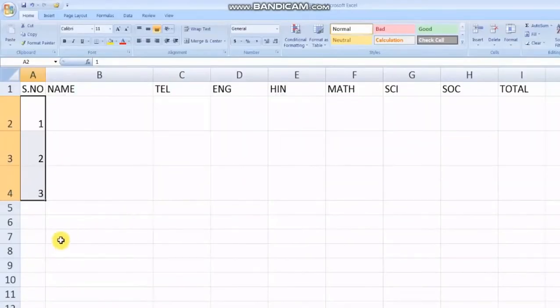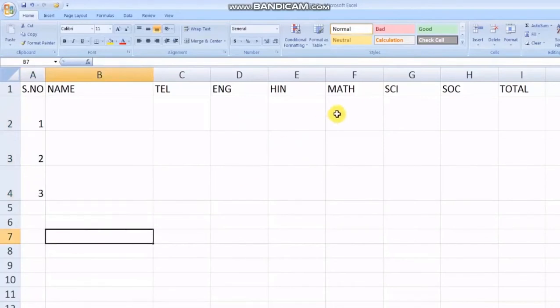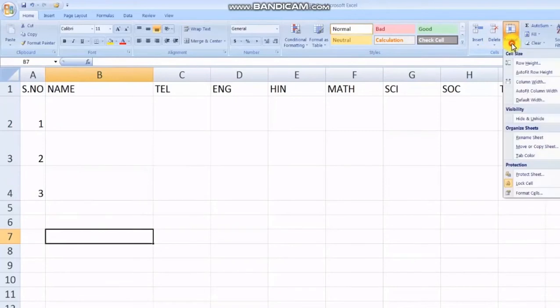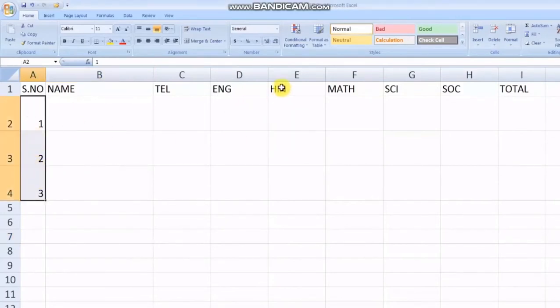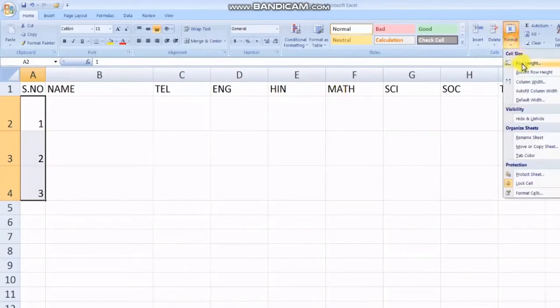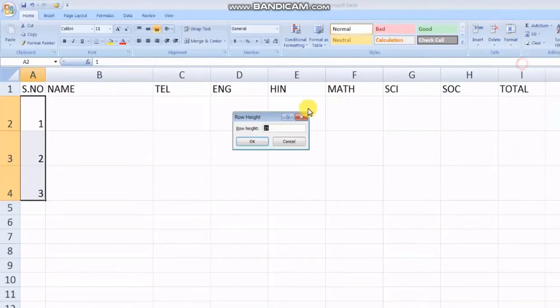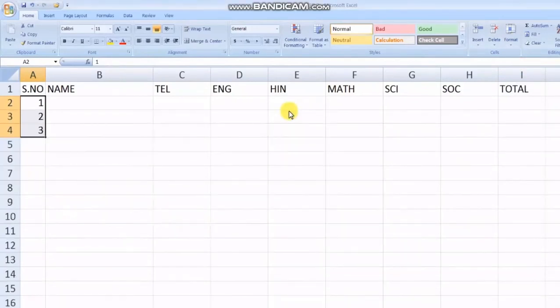To know the default row height, click an empty cell and go to Cells group, click on Format option and click on Row height option. If you observe here, the default row height is 14.4. Again, select those cells whose row height was increased. Now go to Format option, click on Row height option, then give the value 14.4. After clicking OK, this becomes the default height of the sheet.